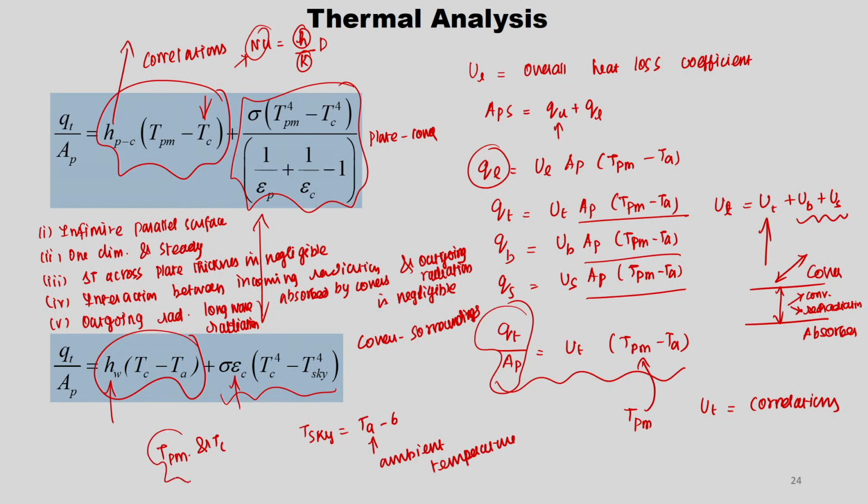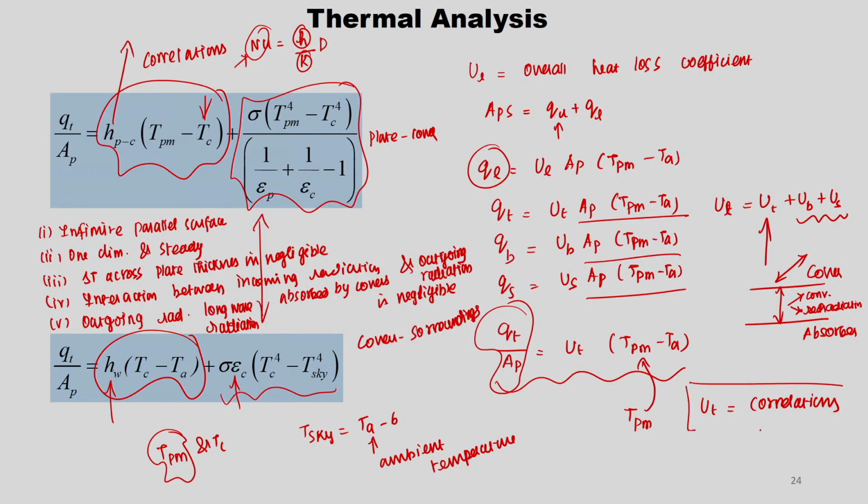This is again the value we got by assuming some UL, and we do further iterations to correct the Tpm value and Tc value accordingly, because we used Tpm to get Tc. So, that we can see in the problem section, how to do that.